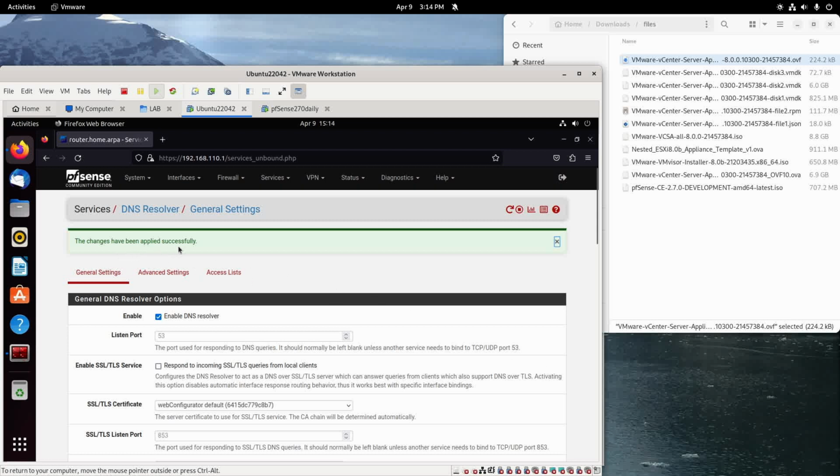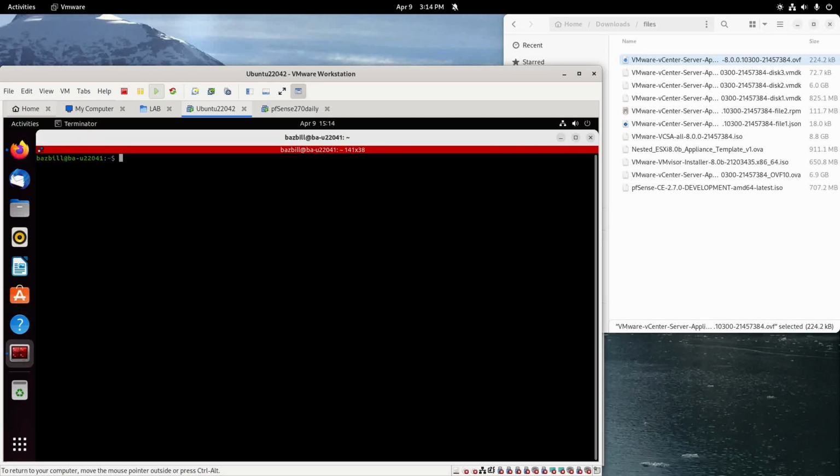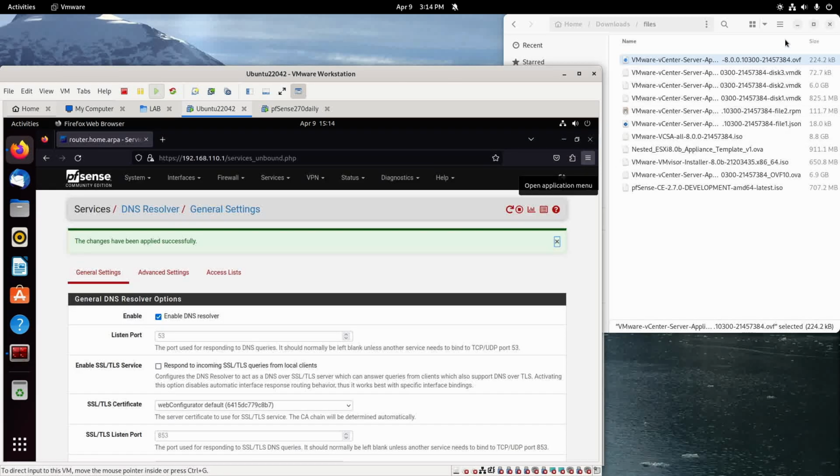Okay, the changes have been applied successfully. So let's open up a terminal, and we will try doing an NS lookup on vcsa.home.arpa. And we can see that it is resolving to 192.168.110.22, just what we set up. Great. So now that we have our DNS entry ready, we can go ahead and import the OVA file that